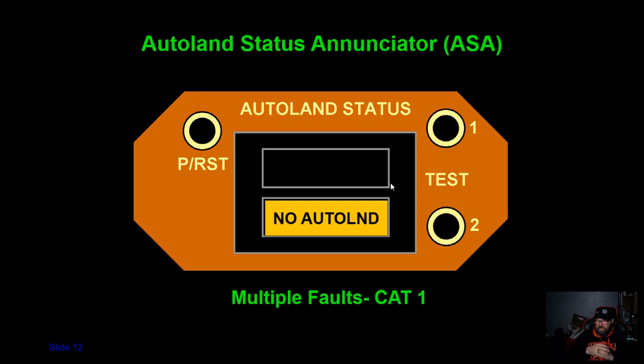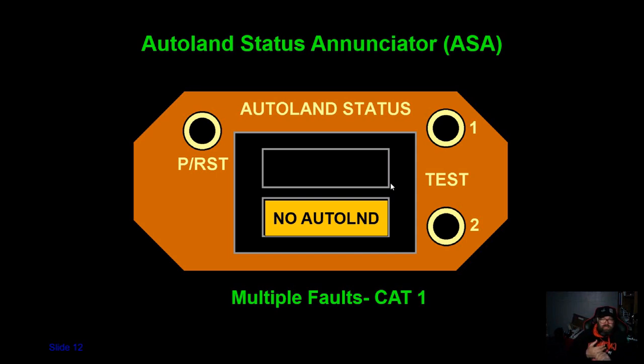and I'm in Land 3 or Land 2, and it clicks to no auto land, this tells me that the aircraft has too many issues among its autopilots and the systems that it monitors, and it cannot guarantee that it's going to be able to land the aircraft within a certain range between the center line and all this stuff. And you need to go around, and it either needs to be hand flown or you need to divert, because